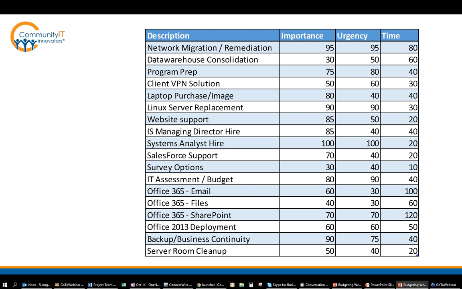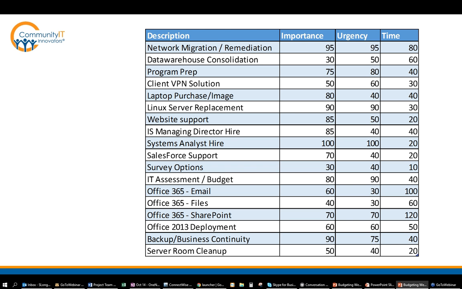There are other things that are important, and I think maybe of something like, at Community IT, we'd like to redesign our website sometime here soon. We think that's a reflection on who we are. We know that potential clients look at our website, and if it has an old look to it, that probably hurts our first-foot-forward kind of thing. I don't think it's the most important thing, but I think it is important. But it's not urgent. If we don't do that in the next 6 months, it's not going to kill us. It needs to happen. It is important, but it's not urgent.